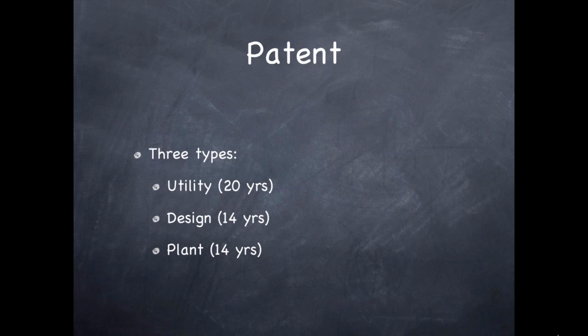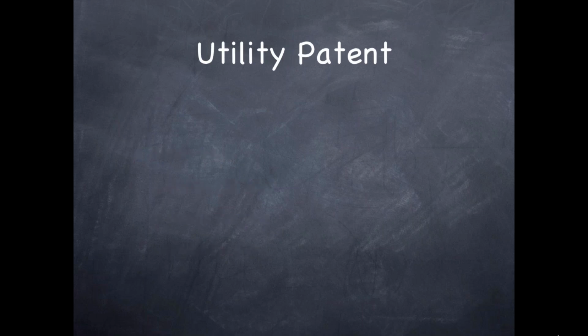Utility is good for 20 years. Design and plant are good for 14. Our utility patents are what we will use most frequently. We see utility patents on all sorts of different things. If you look at items that you own, your cell phone, your computer, any other technology that you would own, you will see patents all over different items. If you search online or on the product itself, there are notices letting you know that things are protected and should not be used. So any of the functional items that you have, technology as a blanket, is a good example.